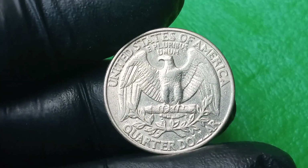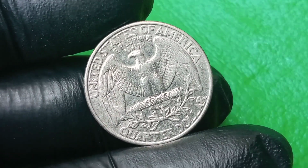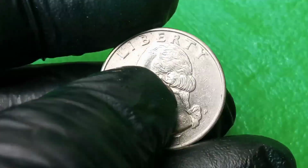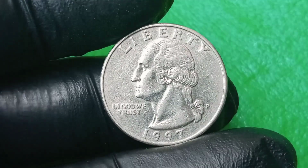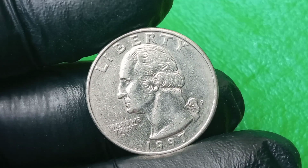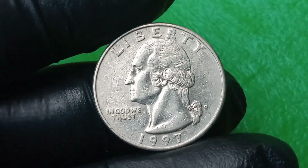And when we consider all the factors, the double-die obverse, the off-center strike, the broad strike, the possible mule pairing, the anomalous composition, the minor die breaks and laminations, the near-perfect uncirculated condition, and the viral discovery story, it's easy to see why this single coin has become such a sensation, not only as a physical object but as a symbol of how chance, craftsmanship, and curiosity can converge to transform a humble quarter into a historic artifact worth tens